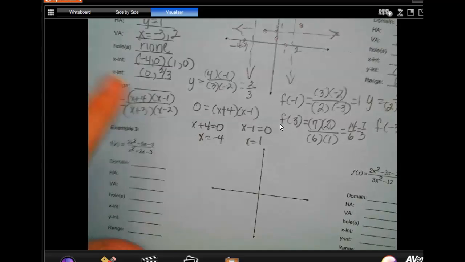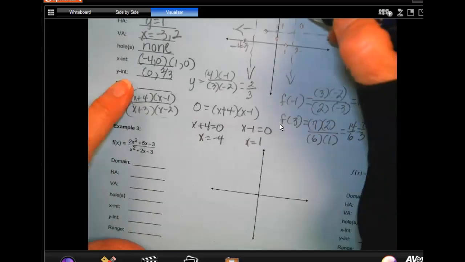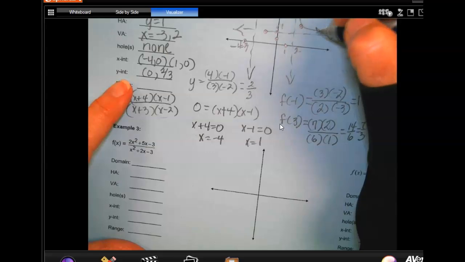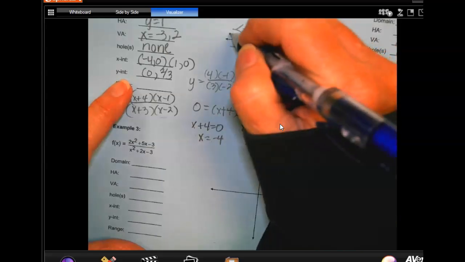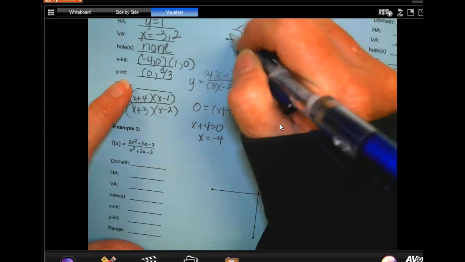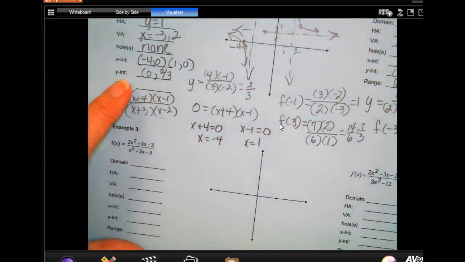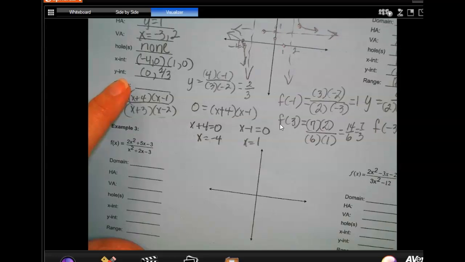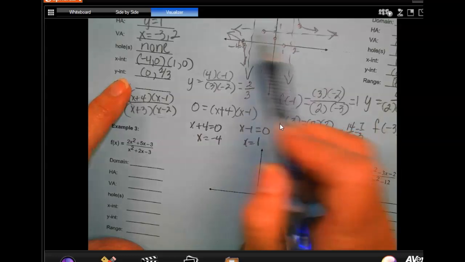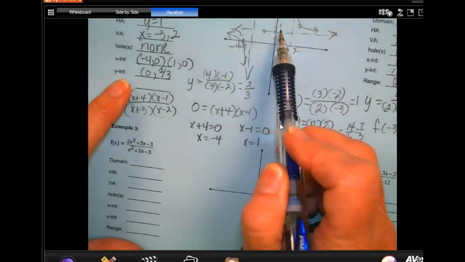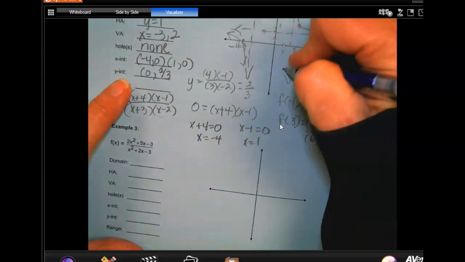So here's what I know. I'm going to get a branch here, and I'm going to get a branch here. And the whole time I've been telling you you can't cross the asymptotes, I've been lying. Because you can cross an asymptote, but it has to be between 2 vertical asymptotes. Then you can cross a horizontal. And so this is going to look like